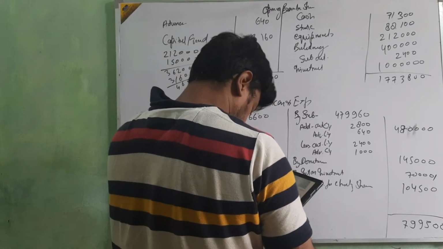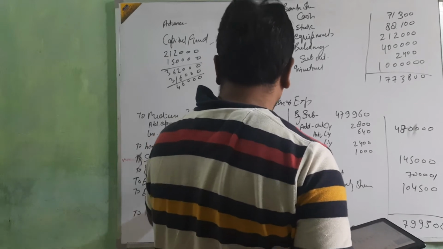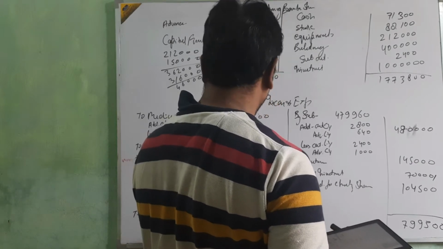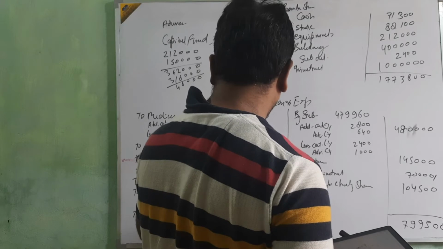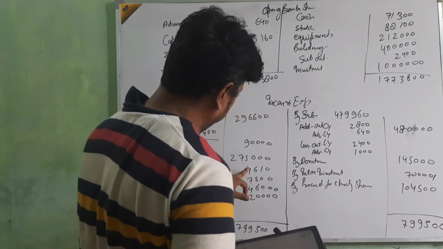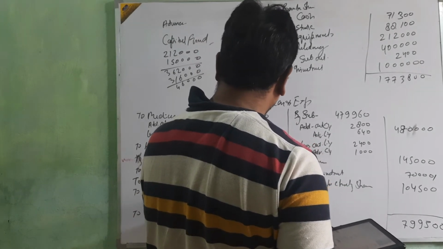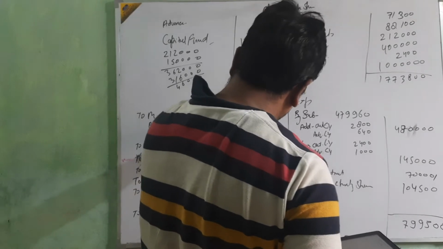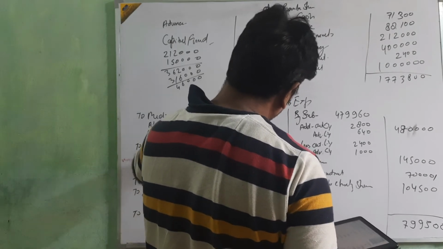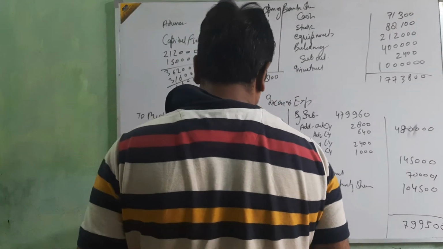Okay, now the total of this: 2 lakh, 4 lakh, 5,80,000, 6,50,000, 6,90,000, 7,10,000, 7,21,000, 7,26,000, 7,32,000, 7,38,000, 7,39,200, 37,000, 36,310. Okay, less that amount, and the difference amount is